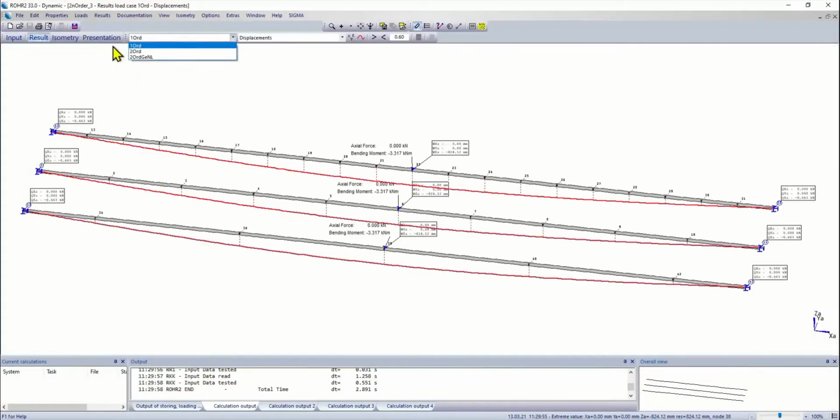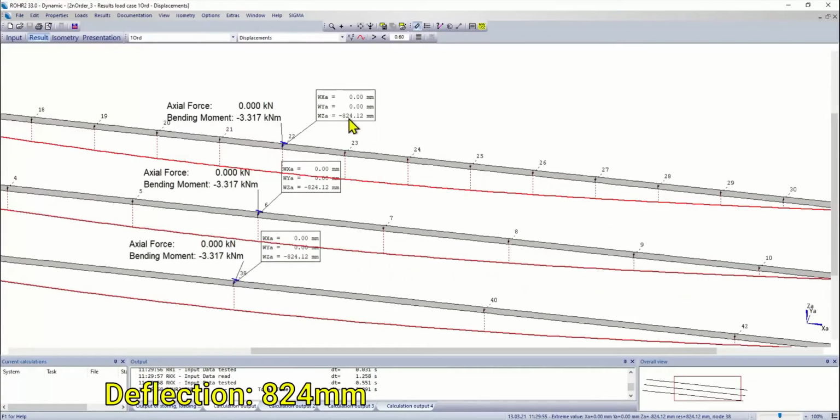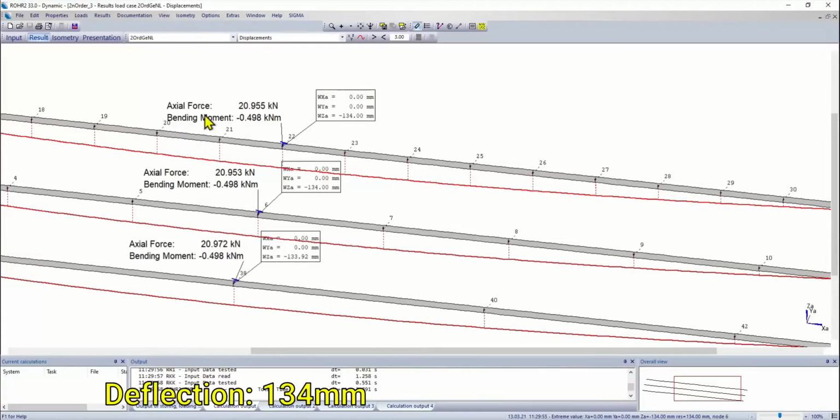First of all, deflection of first order theory. We can see that the deflection is 800 millimeters now. Still no axial force, and the 800 millimeters is the equilibrium with the bending moment here, which is quite high for the small DN pipe. But if we go to second order nonlinear, we can see that now instead of a huge bending moment, we get a huge axial force because the bending down shortens the pipe with a second order effect. This gives a return bending moment, and this reduces the deflection to 134.